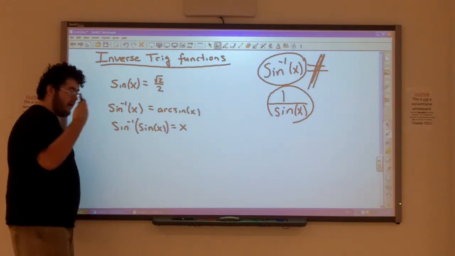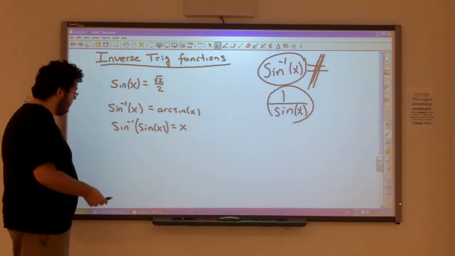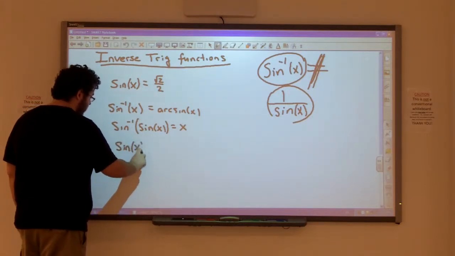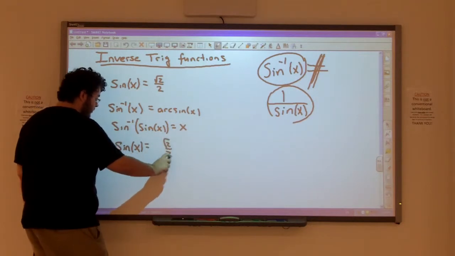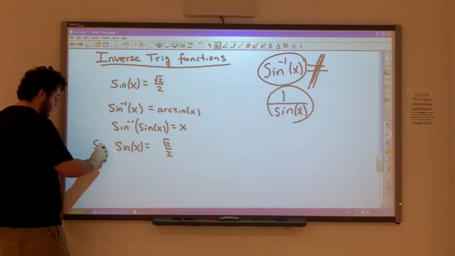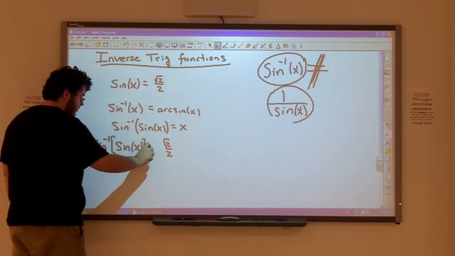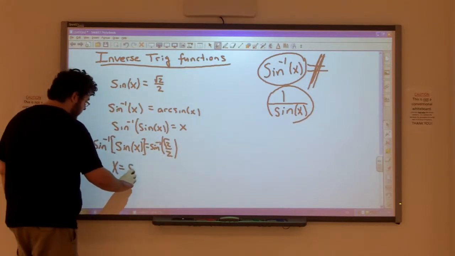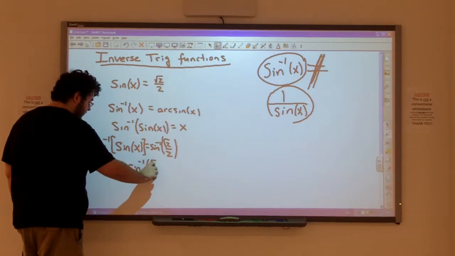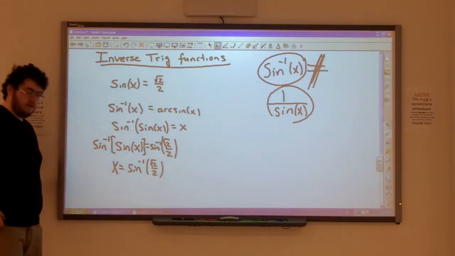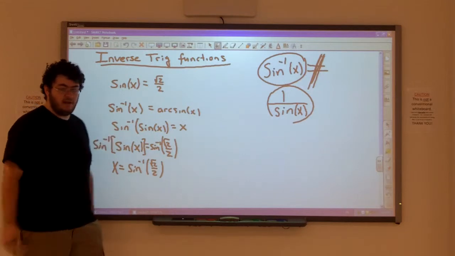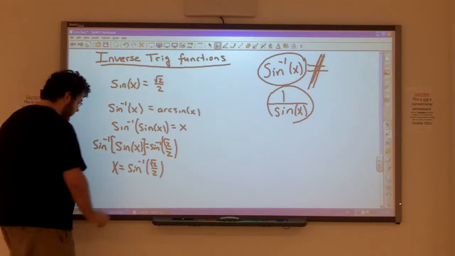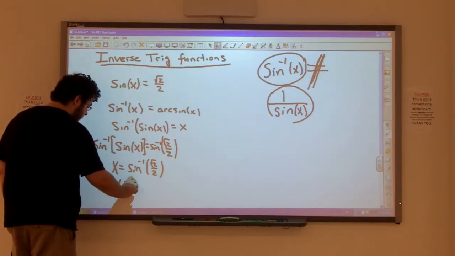So the sine inverse acts on sine of x. It is a function. So what we can say is if we have sine of x equal the square root of 2 over 2, we can take sine inverse of both sides. And so we get that x is the inverse sine of square root of 2 over 2. Just like when you had exponentials, you would say something like x equals log of 2. Well, it's the same thing. You can plug this into your calculator, or if you just know it, you can say that x equals